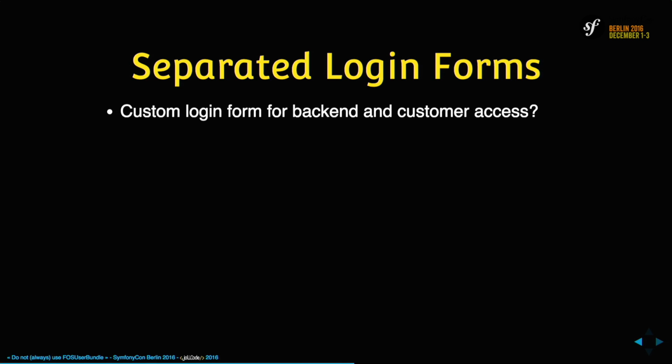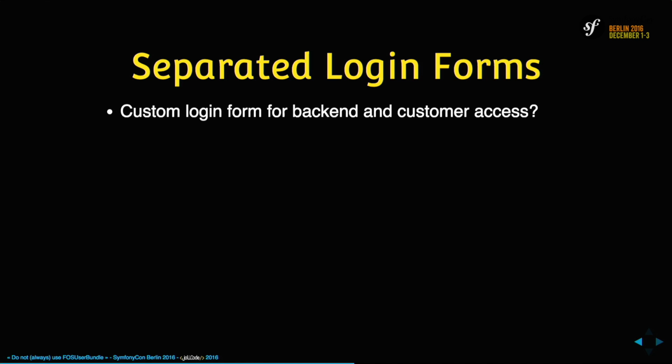Simpler pain. What if you just want separated login forms? You have everyone in the same entity: the admins, the customers, the moderators, everything. But still, you want to have a nice login form for the customers on the e-commerce website, and an ugly login form for the admins on the backend side.